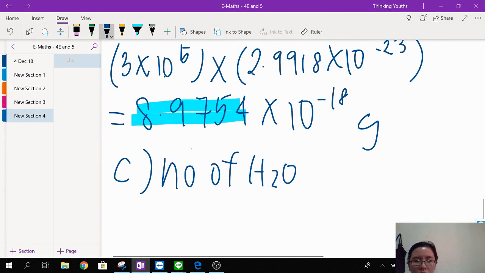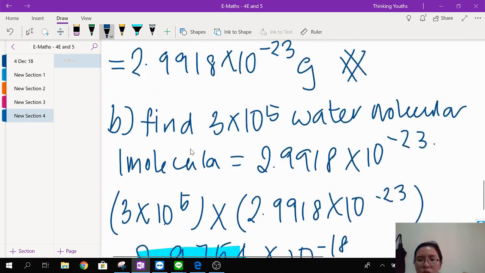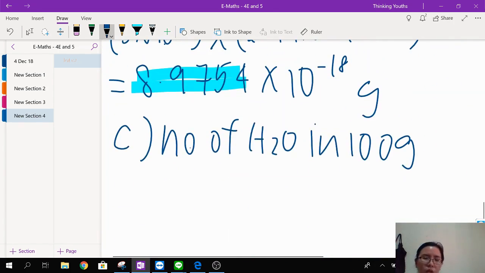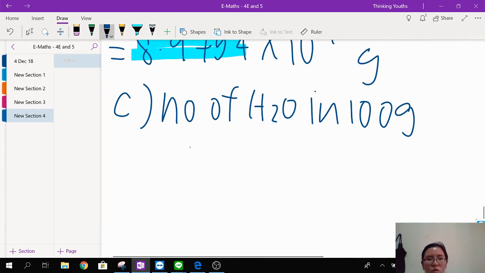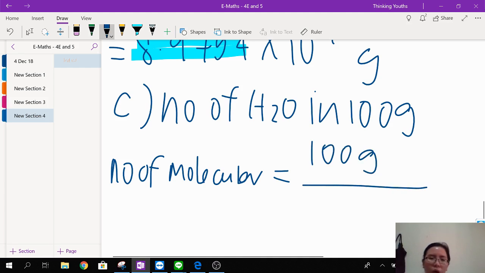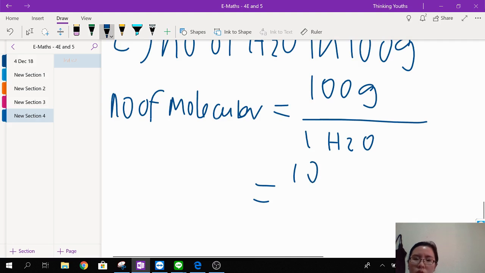Number of hydrogens in 100 grams of water. Okay, so if you want to find number of molecules, it equals 100 grams divided by the mass per 1 H2O. So 100 grams divided by